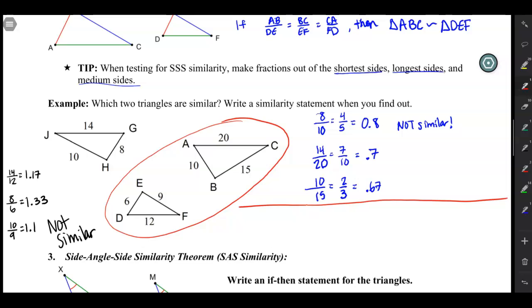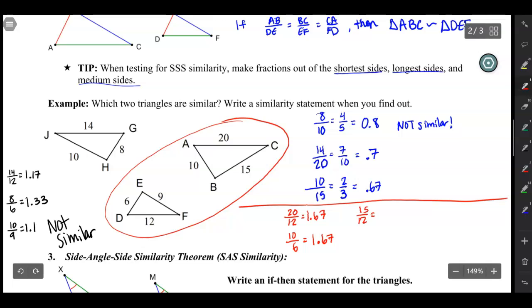So first I'm going to take the longest side length, so 20 over 12. Let's change that into a decimal right here, which is 1.67. Then I'm going to look at the shortest side length, so 10 over 6, which is also 1.67. Then I've got to do the medium side length, so 15 over 12, which is